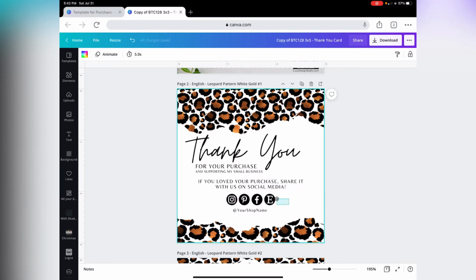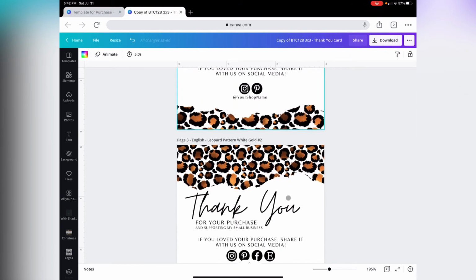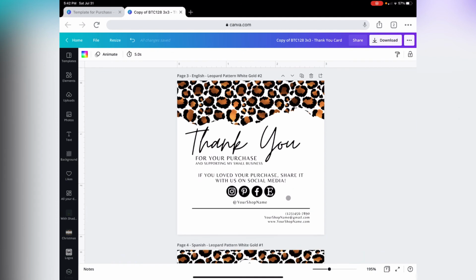So let's get rid of Etsy and Facebook and highlight all of them and center, and that's it. You have the second design of the template below, and this one includes a phone number, email